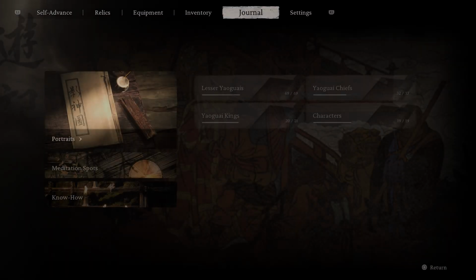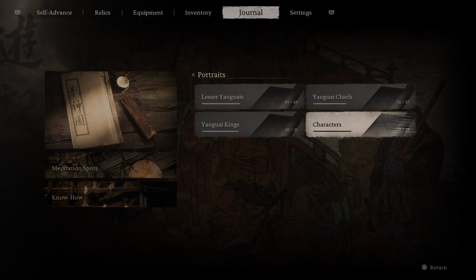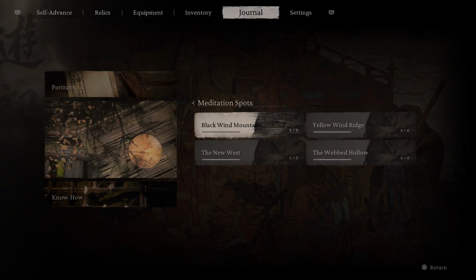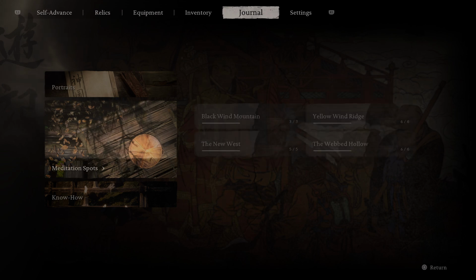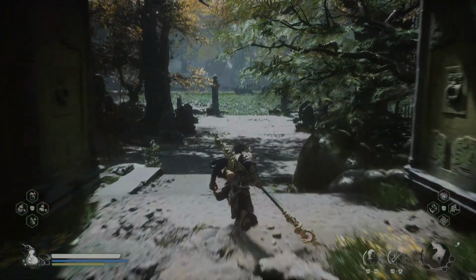A quick check on the journal so you guys can see. At this stage you should have your journal look pretty much like this as possible, with all the meditation spots also collected. But enough said, let's check how this build works